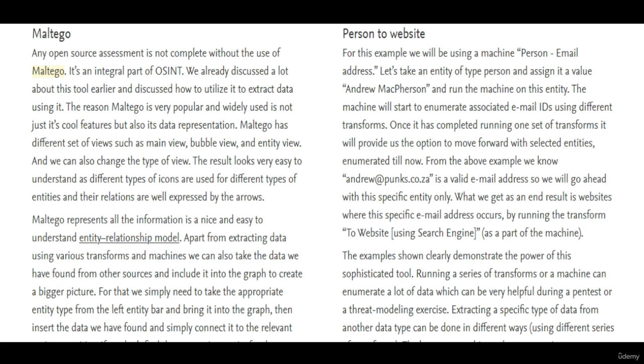So now, Jahid Sabi, a target account from Twitter, simply copy the URL and paste it on Maltego. I take this site and